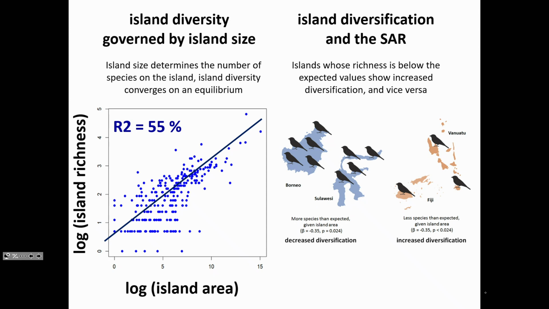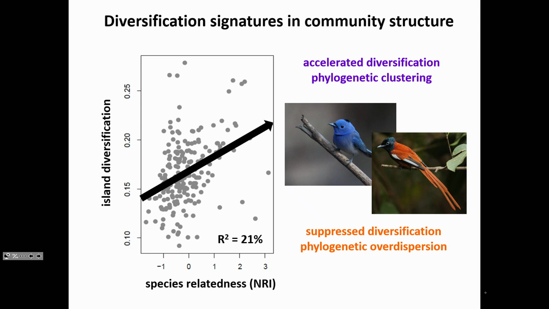These islands are typically the old continental islands, the large ones, whereas these islands with diversity deficit, increased diversification, are small and isolated islands which are young, such as Fiji and Vanuatu. This would be like Borneo and Sulawesi. There is also an interesting correspondence, again, between diversification and community phylogenetic structure, where we see overdispersion being coupled with